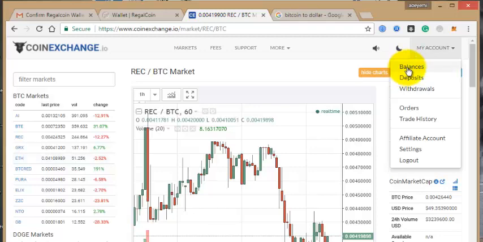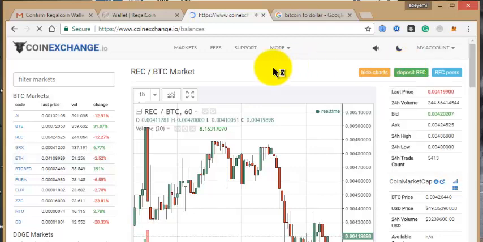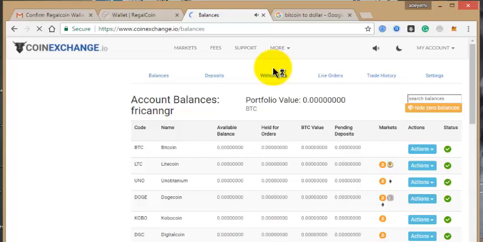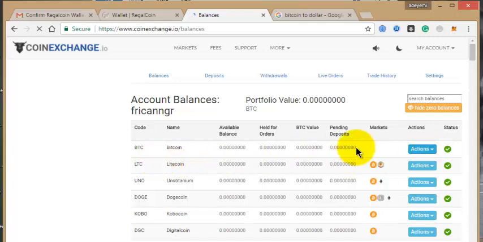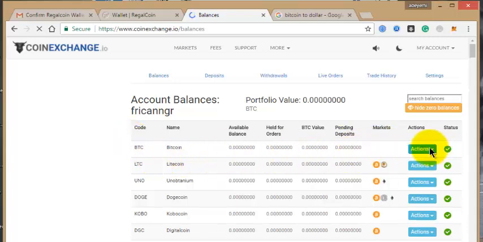What you need to do is go to balances. Once you get to the balances, you click on action here under Bitcoin. Okay, still loading.